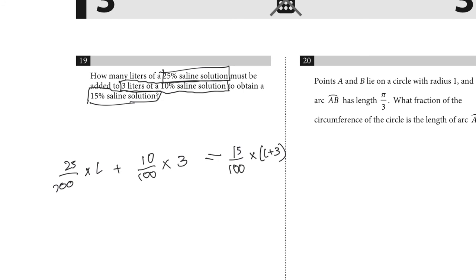Well, let's see, this would be 1 by 4. 1 by 4, so L by 4 plus 3 by 10 is equal to, we actually put it down like this, 15. All right, so